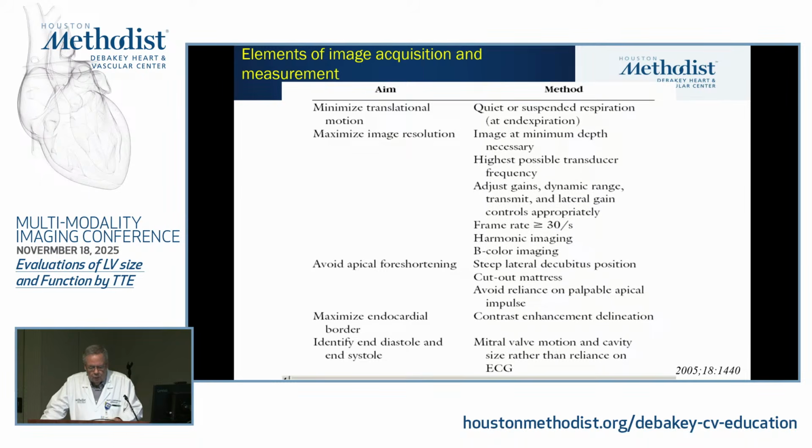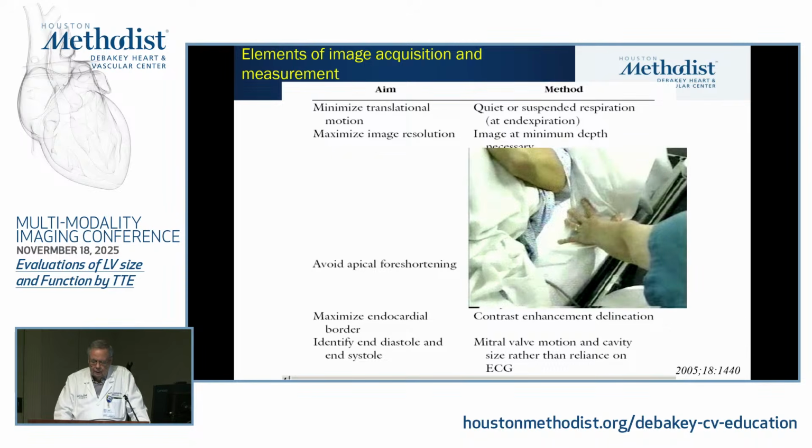And these are some of the recommendations to try to have the best image resolution and to avoid foreshortening. One of them that is very important, which right now we are having trouble with because we are doing so many echoes portable at the bedside of the patient, which really prevents doing this, which is in the echo lab, as you know, you have a nice cut hole in the mattress that allows you to go further down to the apical impulse, because the apex of the LV is further posterior